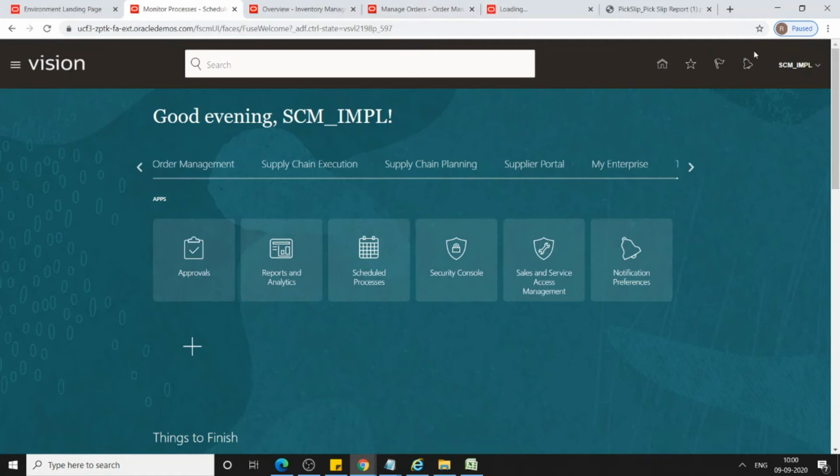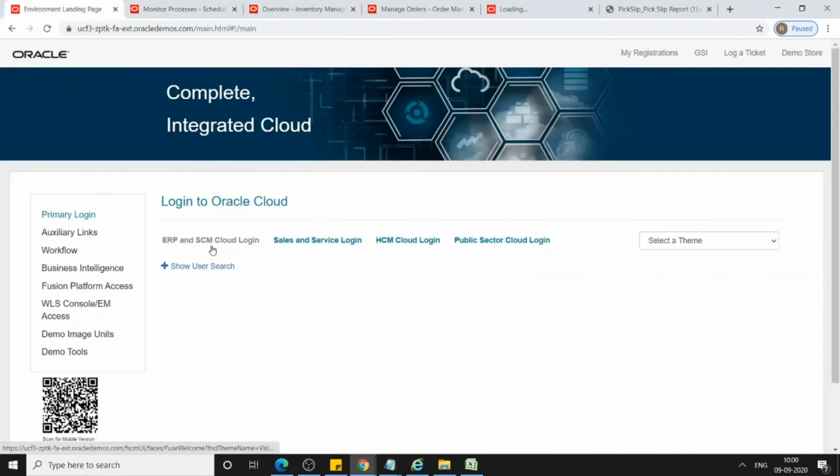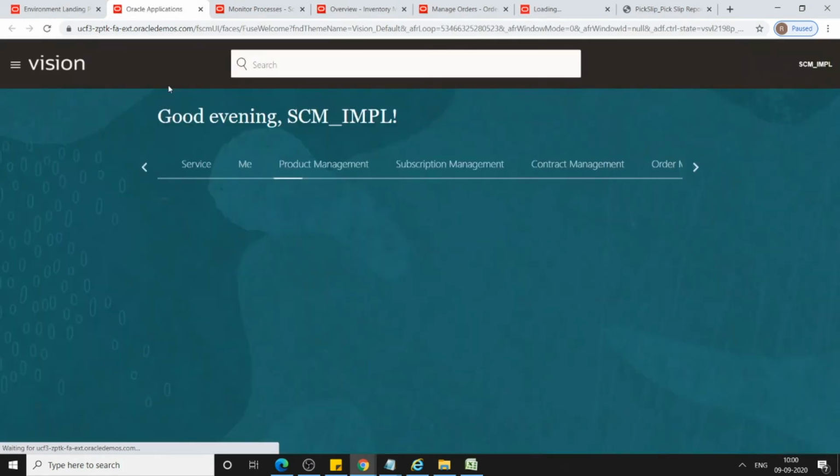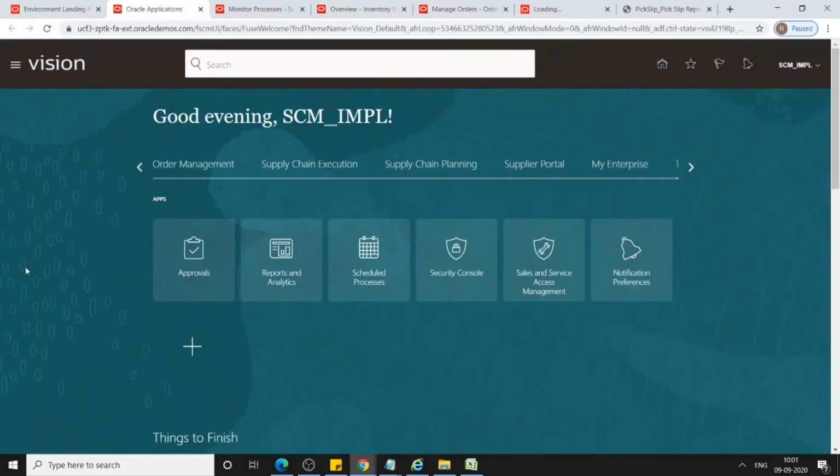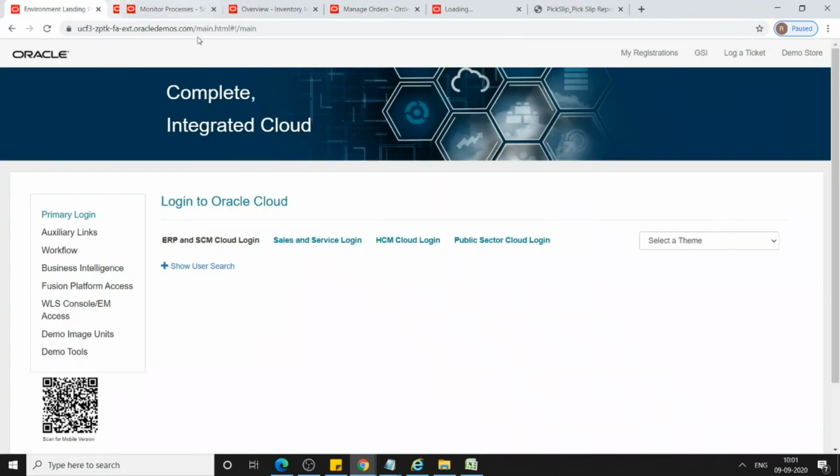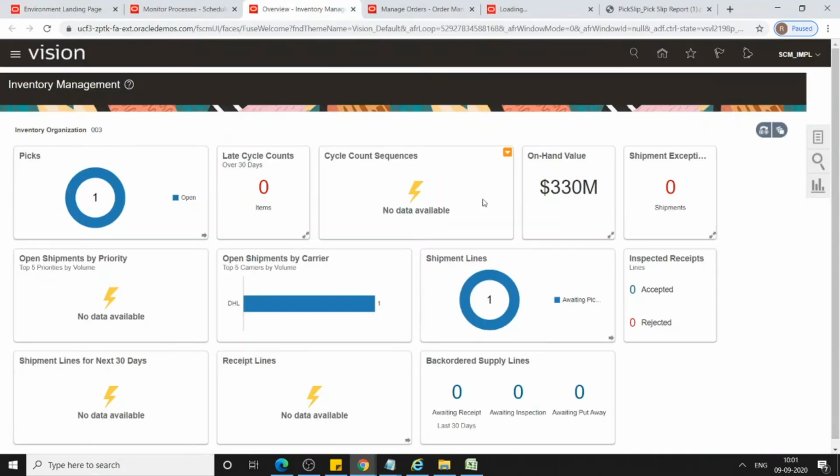If you want to do the same thing, you can go to your environment landing page and click on this, and it will open another page. From here you can select whatever you want. Now go back to inventory.